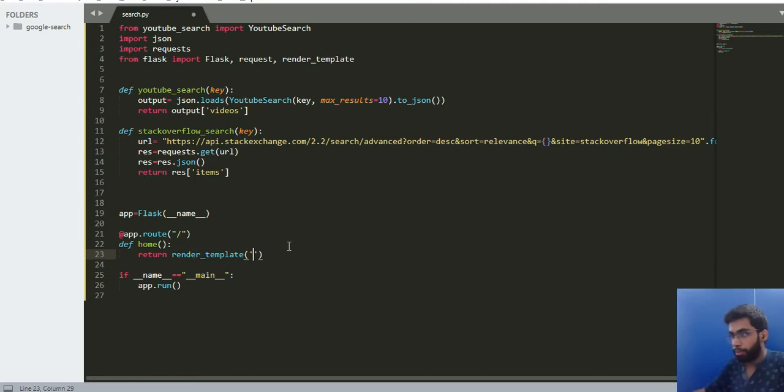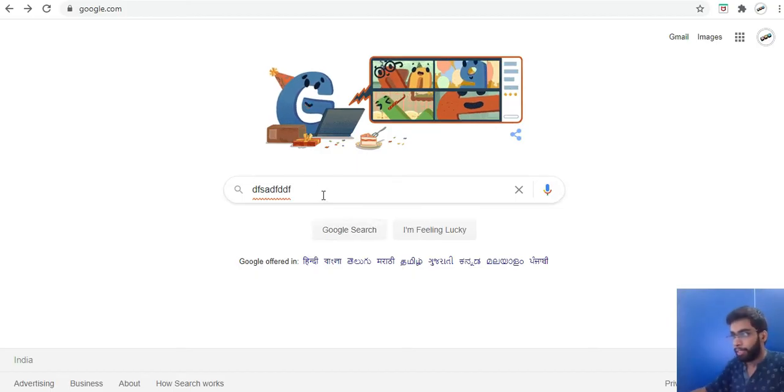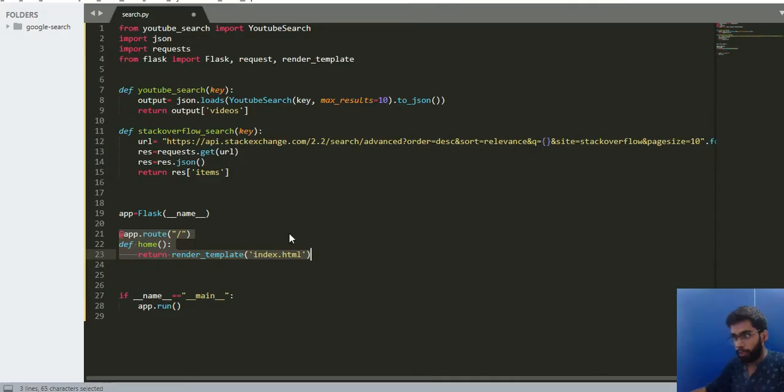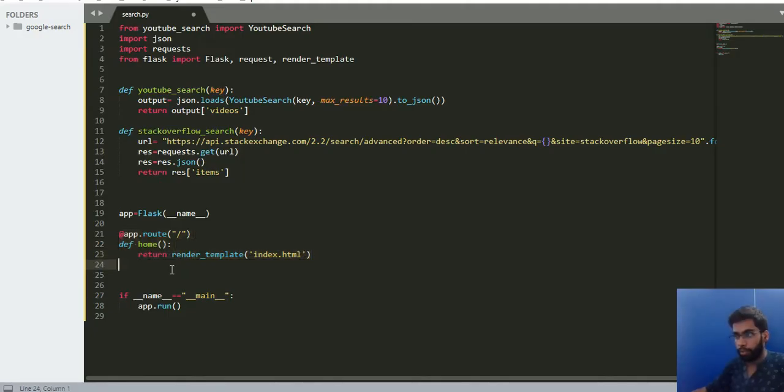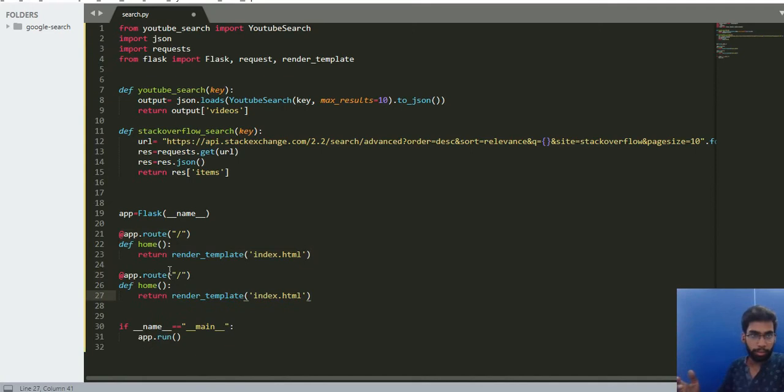All right, so let's say I'll call this index.html, and this will be returning my main page. I also, as I said, need a route for my search. So once a user clicks this, I need to hit, in this index.html, in the search button, I will configure this route so that whenever the user clicks search, please trigger the search route.